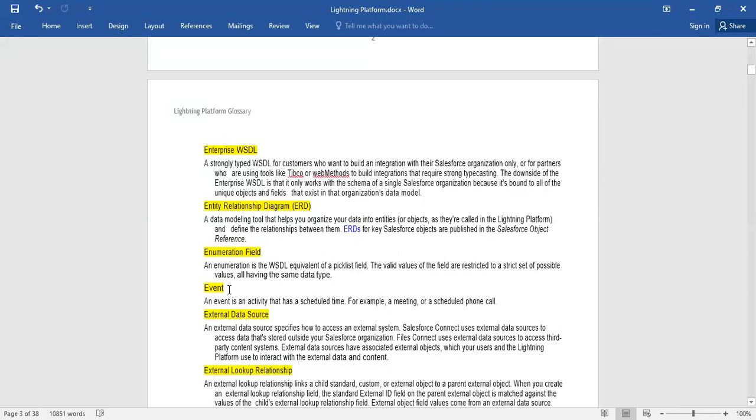Enumeration fields: enumerations are the WSDL's equivalent of picklist fields. The valid values of the field are restricted to a strict set of possible values, all having the same data type. Next, event is an activity that has a scheduled time, for example a meeting or a scheduled